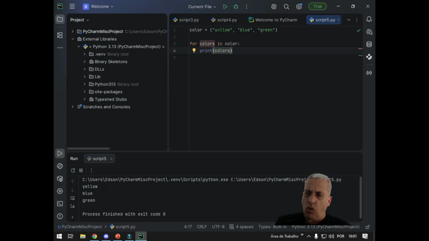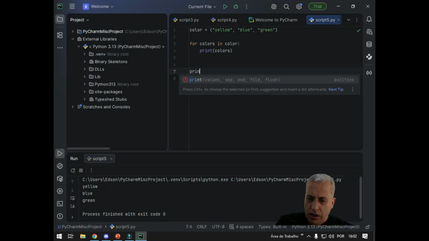It's not so heavy. It's easy for the program to use that, and you can show it in the way that you want, or use the print that you used before,